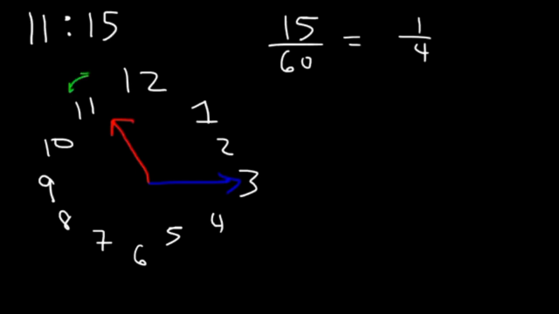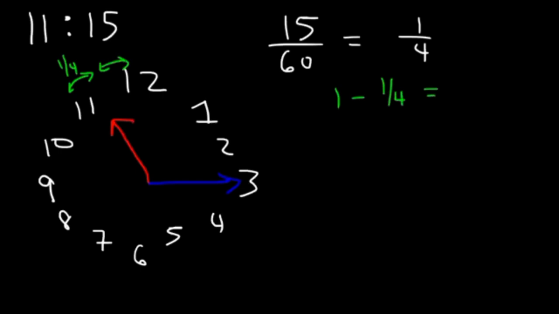So the 15 points to 3. Now, where is the hour hand? We know that the hour hand is between 11 and 12, but it's closer to 11. What we need is the fraction. So take 15, the value of the minutes, and divide it by 60. 15 over 60 reduces to 1/4. So therefore, the hour hand is 1/4 of its way from the 11th hour, which means that if we subtract 1 by 1/4,